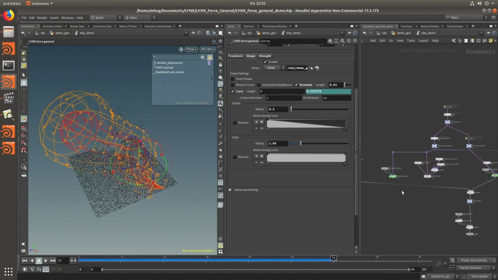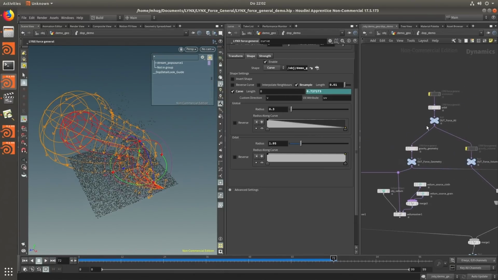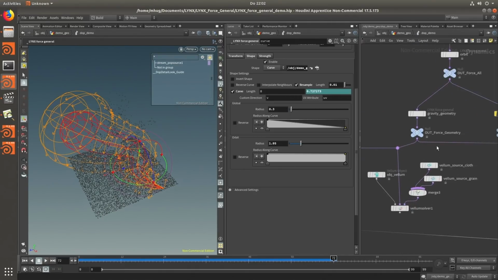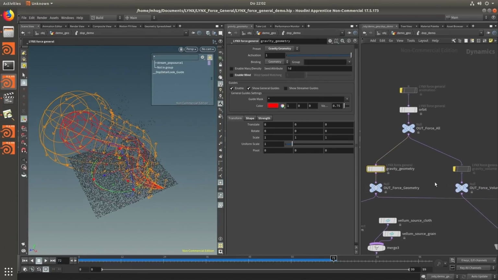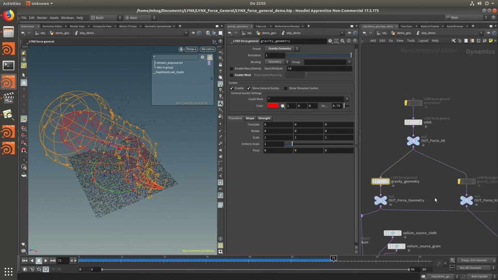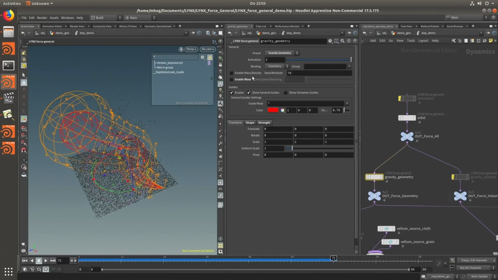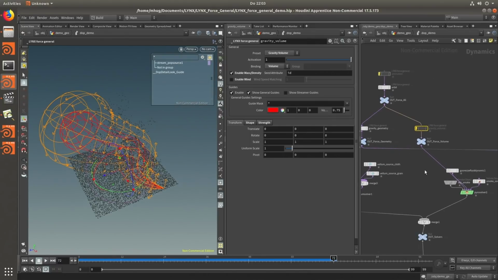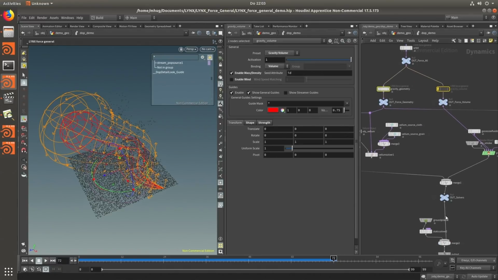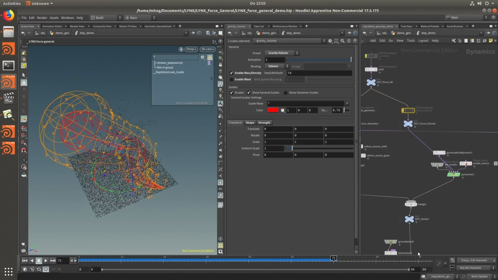So this is the demo with particles. Again, you can just feed it into any solver. It always goes into the top, so there's no fussing around on the bottom anymore. For volumes and gravity, you actually have to use two different gravity presets. So that's why I have the preset gravity geometry and gravity volume. The only difference is that it actually toggles the mass density button for the volumes. So these two, the gravity presets, work exactly like the internal gravity fields that you usually drop down